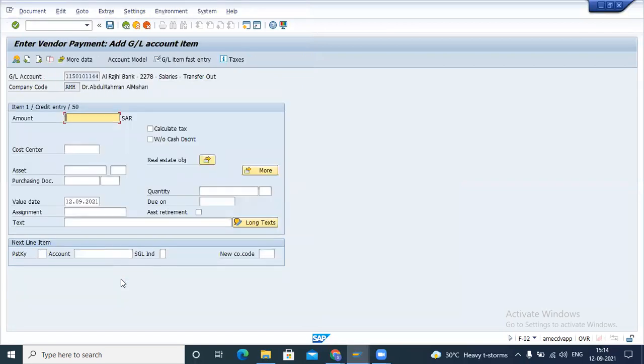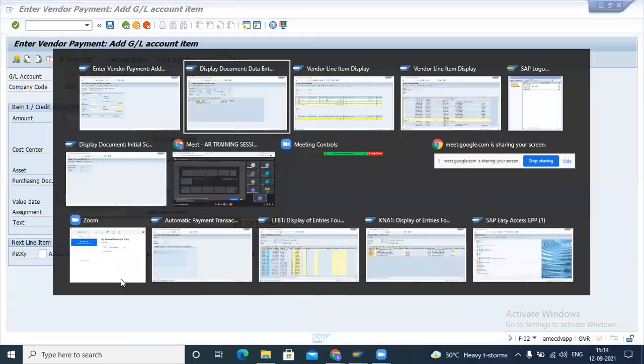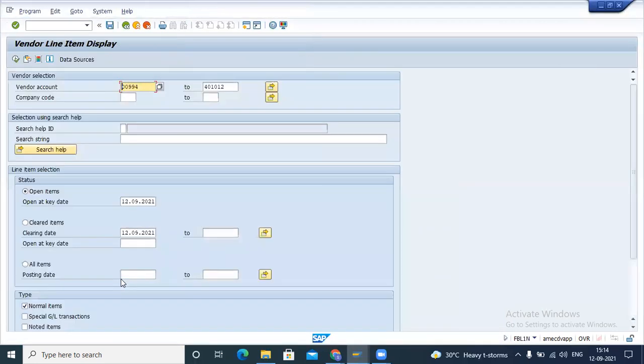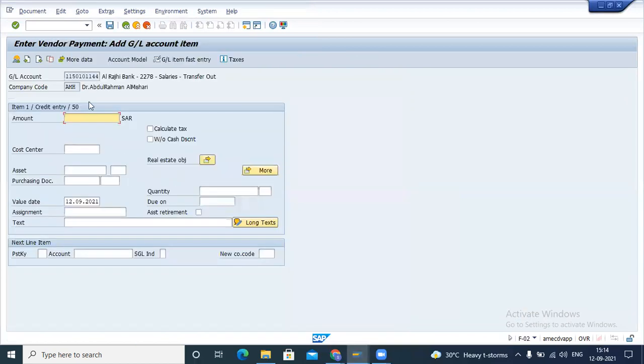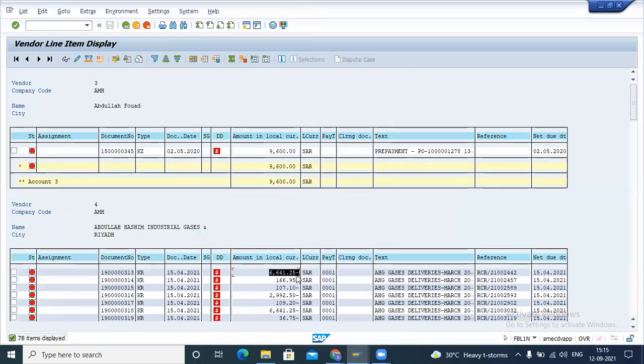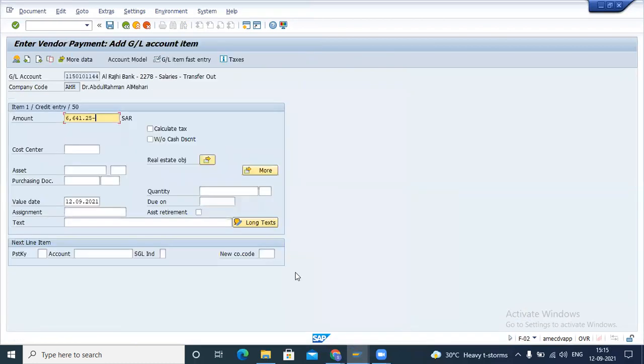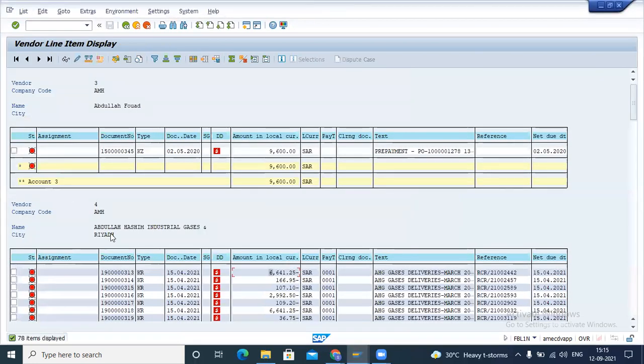Suppose, for which vendor do I want to do the payment? Let me open one vendor. Okay, this vendor. This invoice I want to do the payment for. The amount is 6641. And doing credited 25.